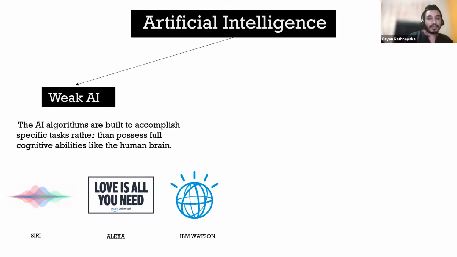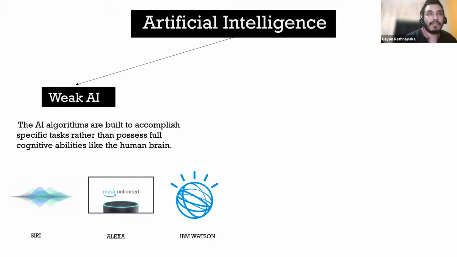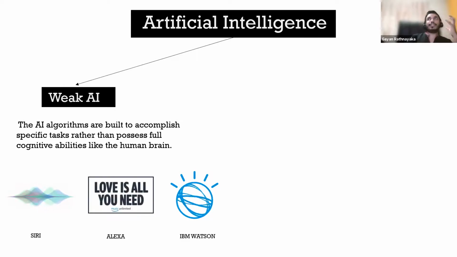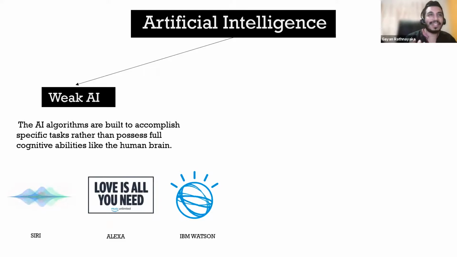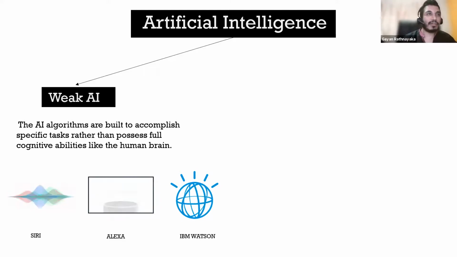And apart from that, this is something interesting. We have IBM Watson. IBM Watson is mainly used in the healthcare sector. Assume that you have an ECG, okay? To get the results, to see how the ECG is, you have to go to a doctor, right? The doctor will look at your ECG, identify it, and give you the results.